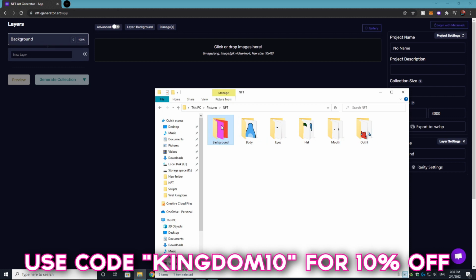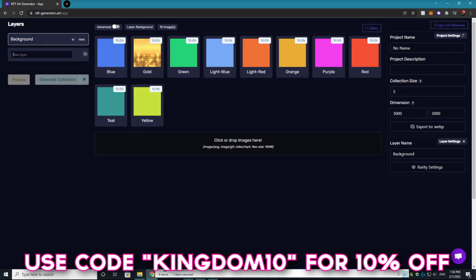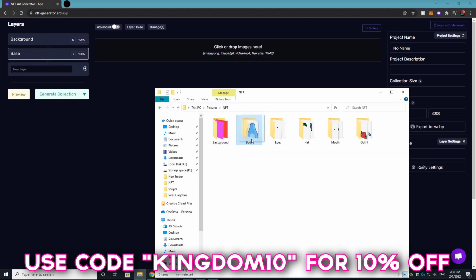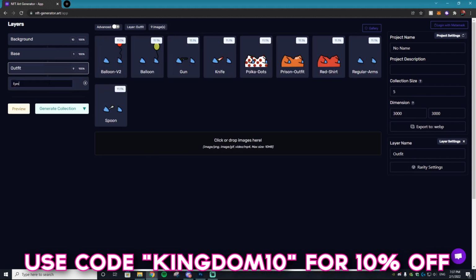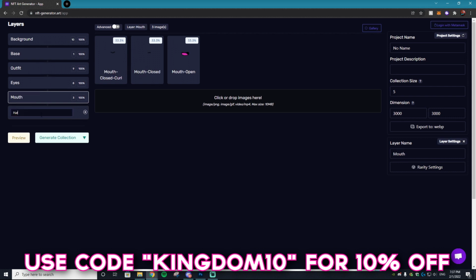Alrighty, so to get started, I'm first going to drag in the background images, and then I'm going to add the rest from back to front. So we're going to add the base in next. You can type base over here or whatever your next asset is and hit the plus. And then we're going to drag our base in, or the body. Then the next thing we're going to add is the outfit, then the eyes, then the mouth, and lastly the